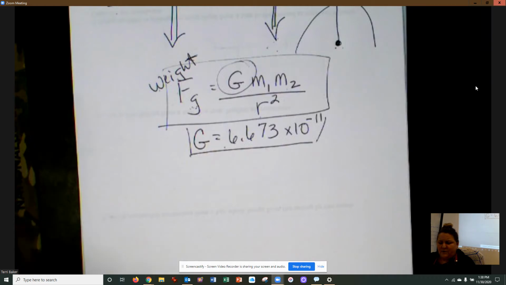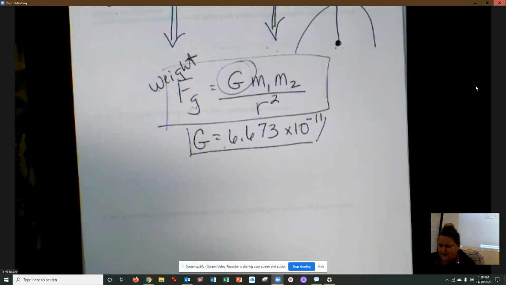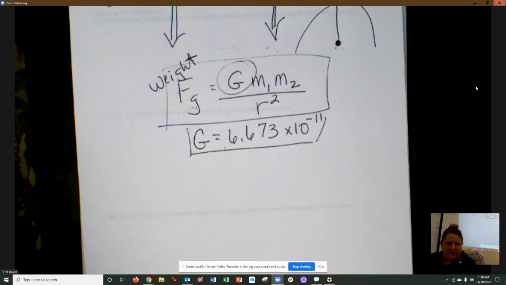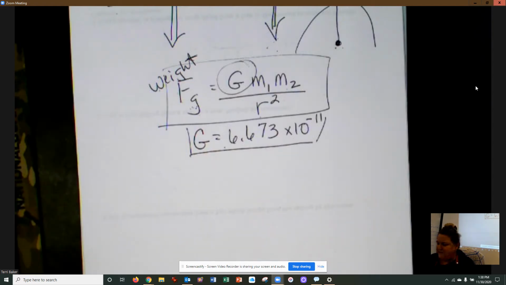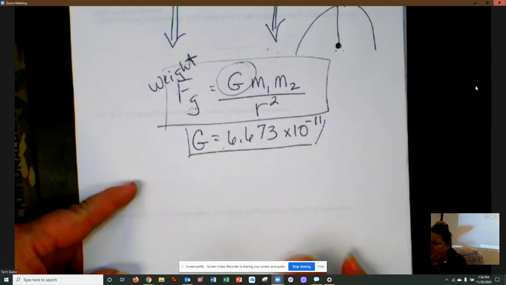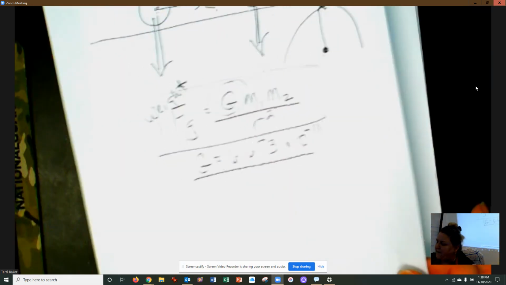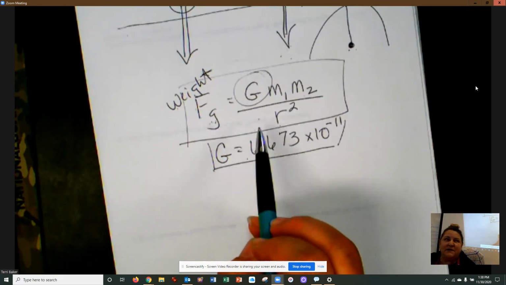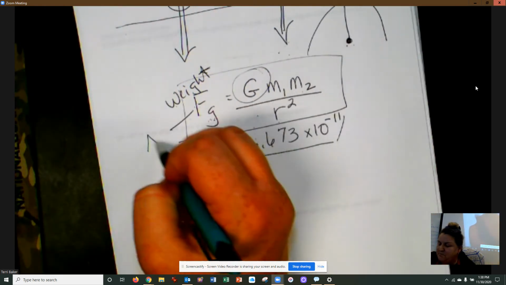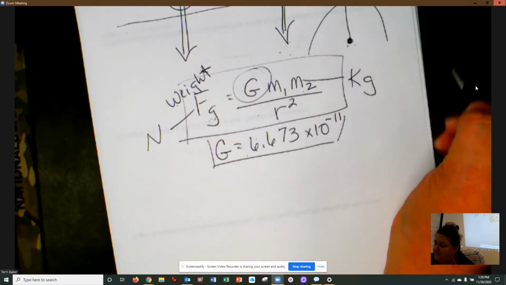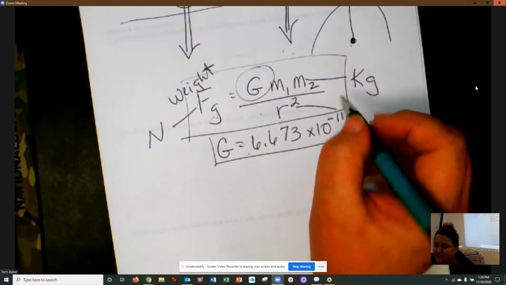So if I were to set up one of these on the worksheet, let's do number 6. And then I'm going to come back and talk about another aspect of this. So number 6 on the worksheet. Oh, before I go too much further. When using this equation, force must be in newtons, mass must be in kilograms, and the distance has to be